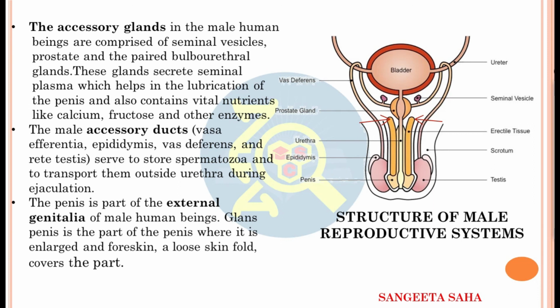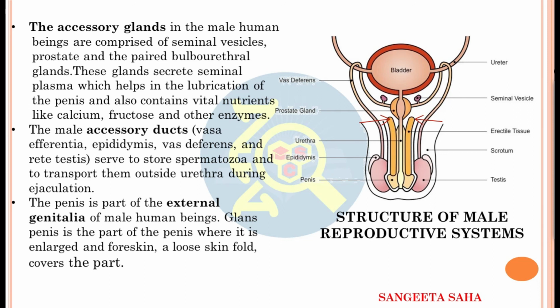Now, the semen that is being secreted basically consists of the secretion of glands, that is from the seminal vesicles and the prostate gland, and the sperms. Now, there is only 10% of sperms present in the semen. The rest of the secretion is secreted by the glands, that is the seminal vesicles and the prostate gland. Now, the release of this semen into the vagina is known as ejaculation.